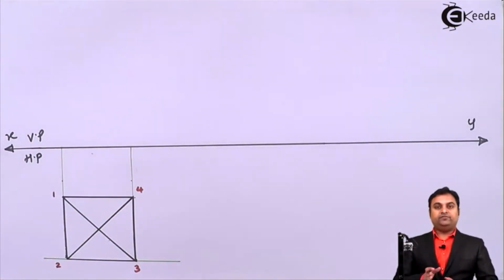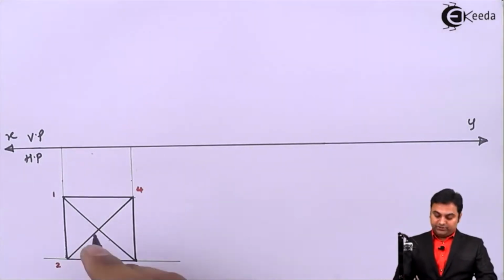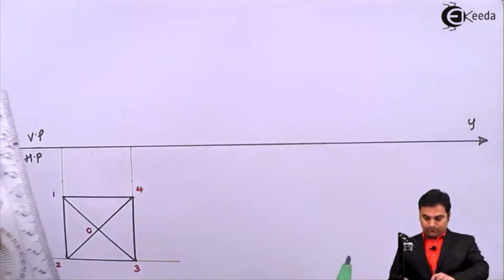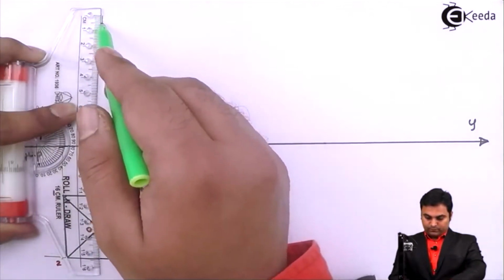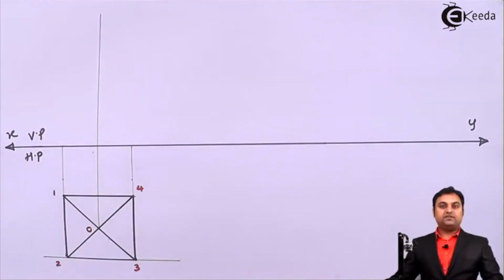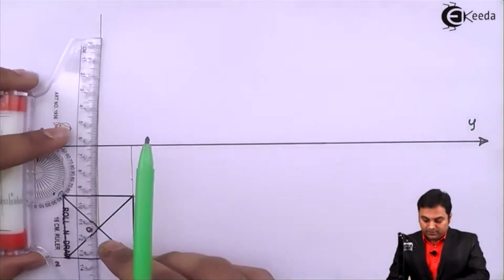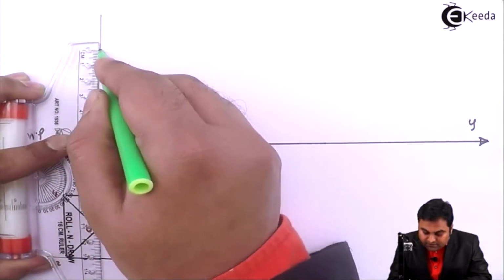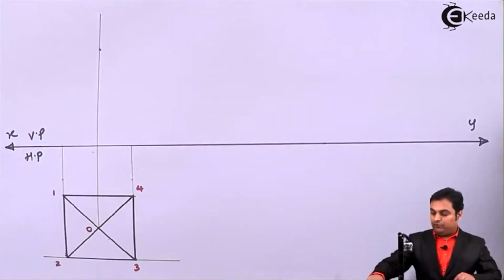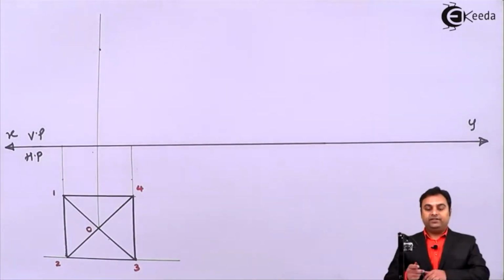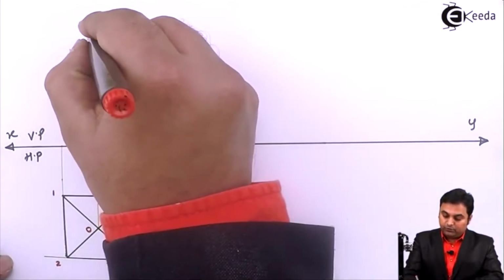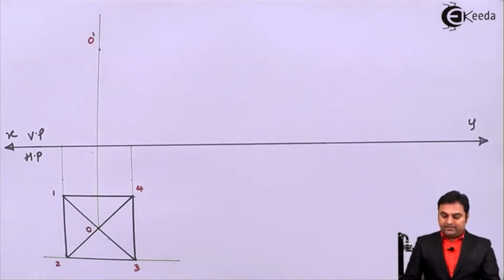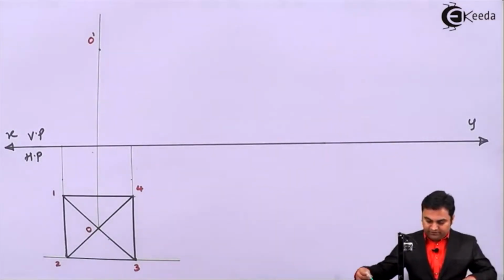After that, I will be drawing the front view, projecting the points upwards, and here there is an apex which is point O. The height of the apex is given as 60 mm. So I'll mark 60 over this. The apex is seen as a point in the top view and it will be seen as a line in the front view with point O dash. Now, here I will be joining these edges to complete the pyramid in the front view.